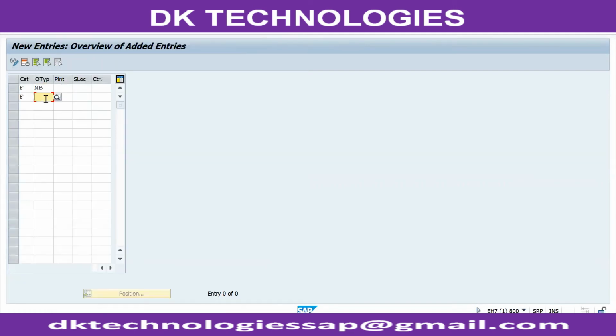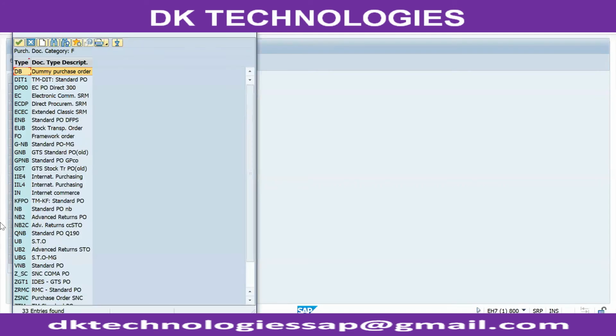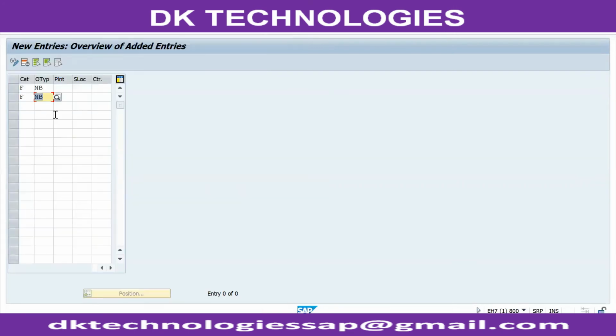In the company, you can make it a default for any purchase order document type. Like in World Company, it is EP. If you open it, you can see EP there. NB. Okay, plant 9099.